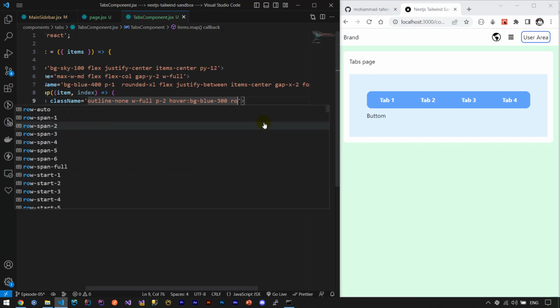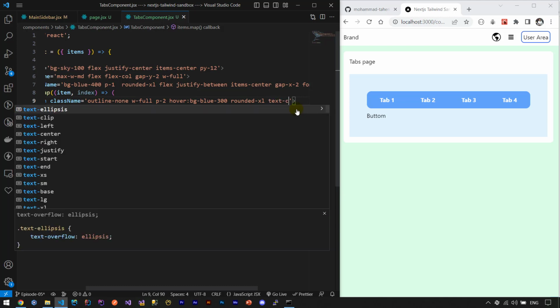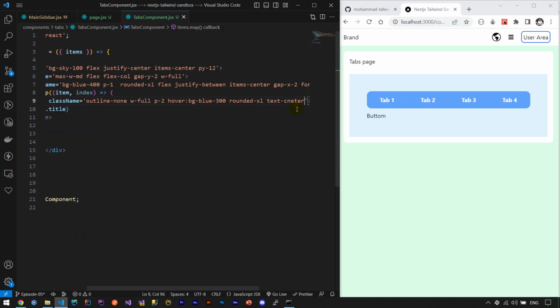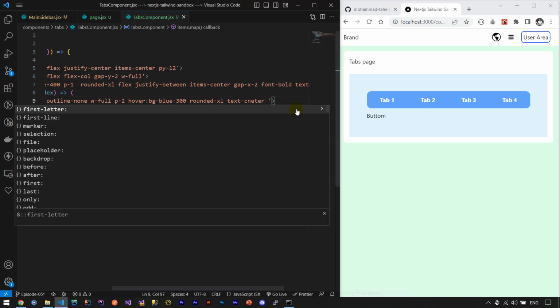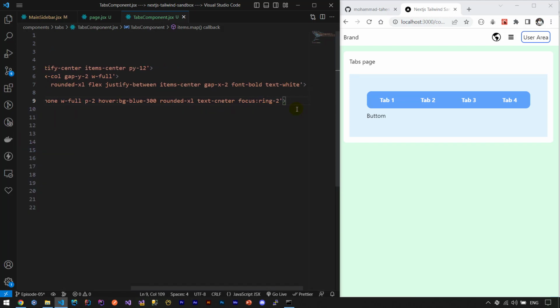And also let's have a rounded of X large for them. So you can see that I have hover, width, rounded, and this is it. We can simply create this beautiful styles with simple Tailwind classes. So after rounded of XL, let's use text center to be sure that always it is on the center of the button. And after that, let's say that on focus, I want to have a ring of 2 for my